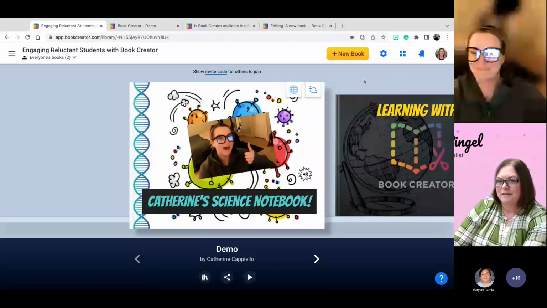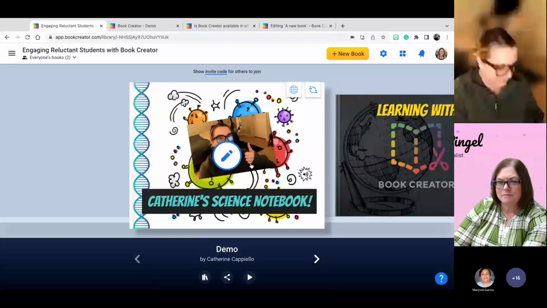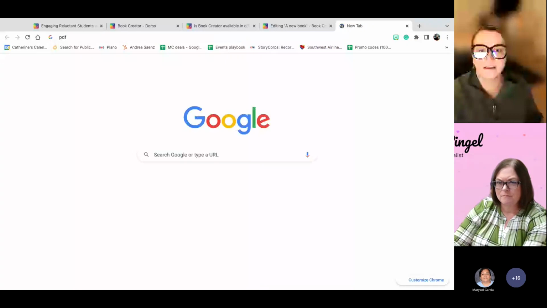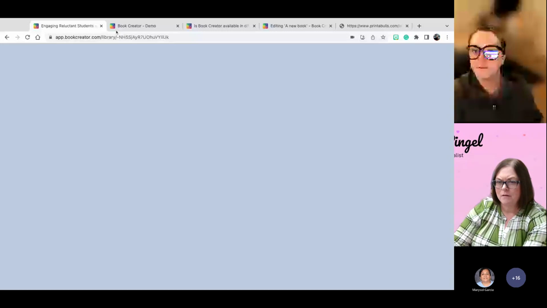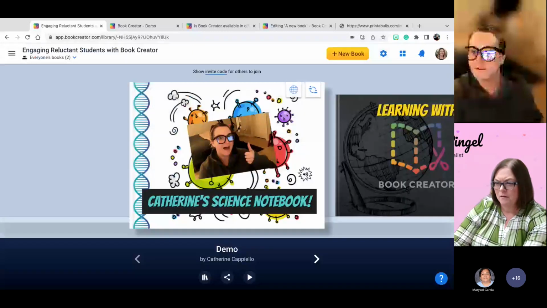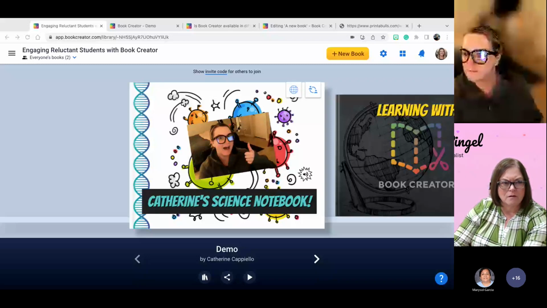So for the PDF, let me just add a PDF real quick. Now, another feature I really want to highlight for you, I know we're getting close to the end of our time together, but this is something I want to highlight for my dual language teachers. You are able to go in your classroom. We saw overview, usage. We've got gradebook. And gradebook, when you click on it, is going to give you this drop down menu. If you're a pre-K teacher and you're using Clever Kids University Pre-Reader, you're going to click on this one. If you're currently using Footsteps to Brilliance School Edition or I Can Read, you can choose either one of the